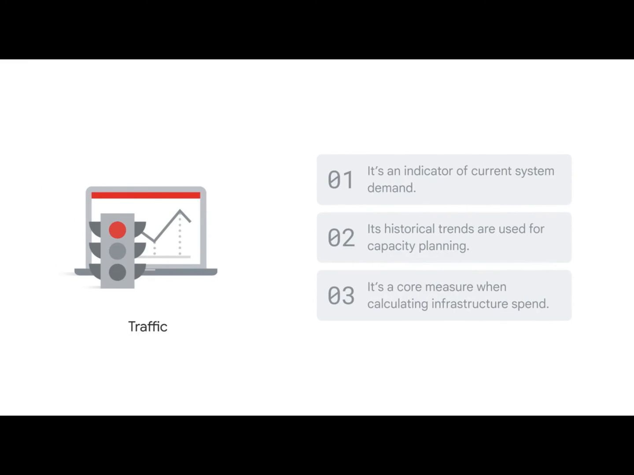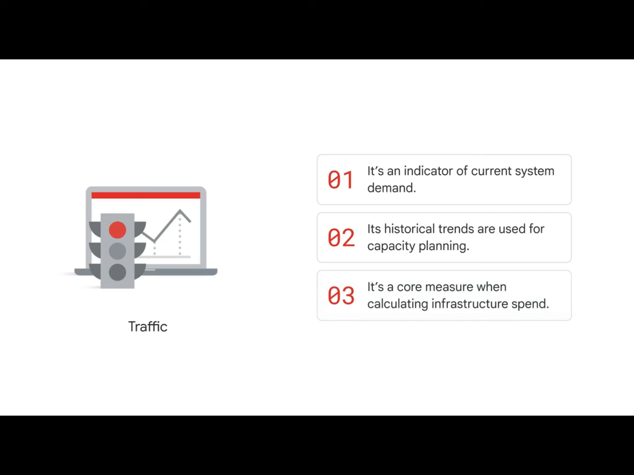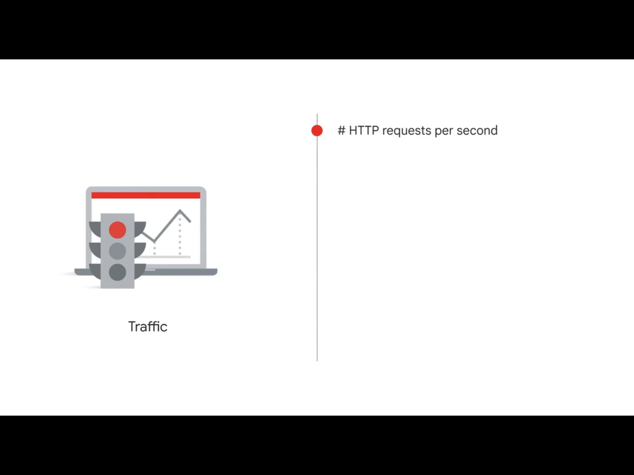The next signal is traffic, which measures how many requests are reaching your system. Traffic is important because it's an indicator of current system demand. Its historical trends are used for capacity planning, and it's a core measure when calculating infrastructure spend. Sample traffic metrics include the number of HTTP requests per second, number of requests for static versus dynamic content, network